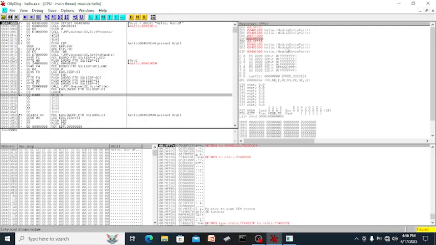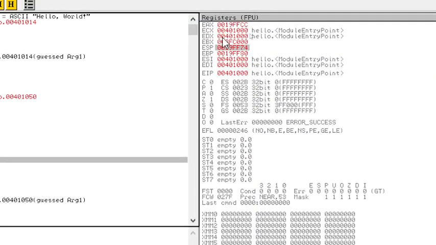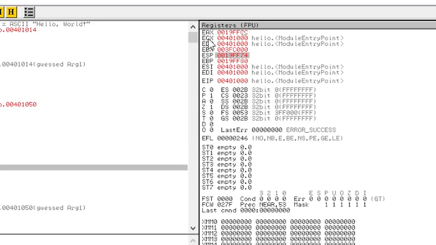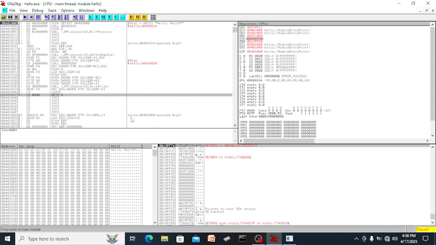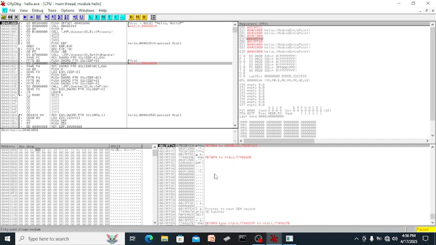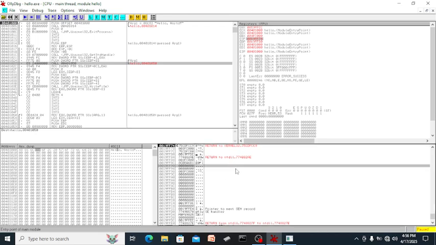This is the register. As you can see, it is EAX, meaning 32-bit. If it is AX, it is 16-bit. If it is AL, BL, CL, DL, it is 8-bit. And this one becomes R, meaning you are in 64-bit. Okay, so this is the memory dump, where you will get the data of the hello world here, and this is your stack.